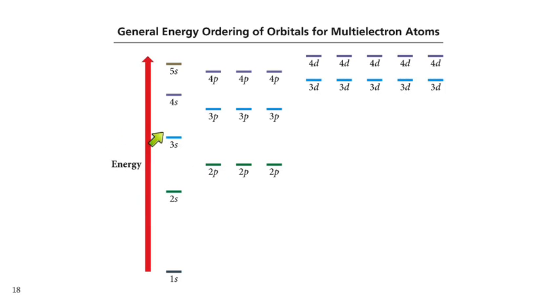Then we go up to the next quantum number, n equals 3, and we expect that this is higher in energy than the 2p, and it is. And then next, on that third level is 3p, and those are higher in energy. And this is where things start to get mixed up. We would expect that 3d would be next. But the 4s penetrates better than the 3d orbitals, and so it's lower in energy than 3d. And so it goes 1s, 2s, 2p, 3s, 3p, 4s, 3d, 4p, 5s, 4d, and it just starts to sound